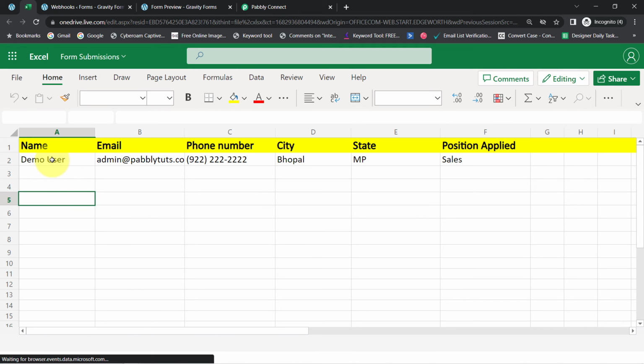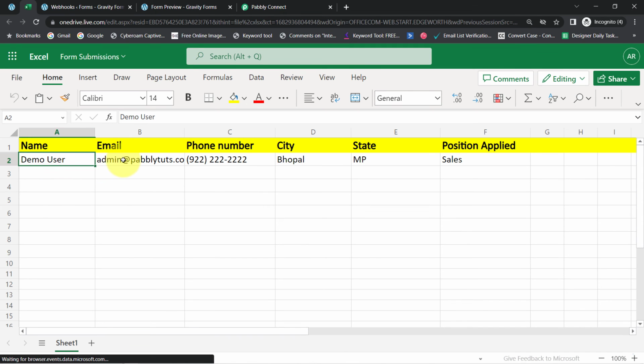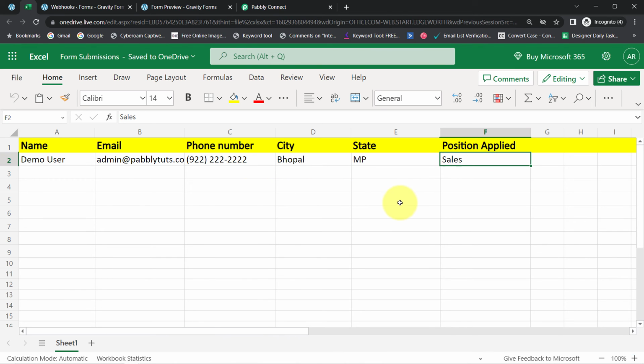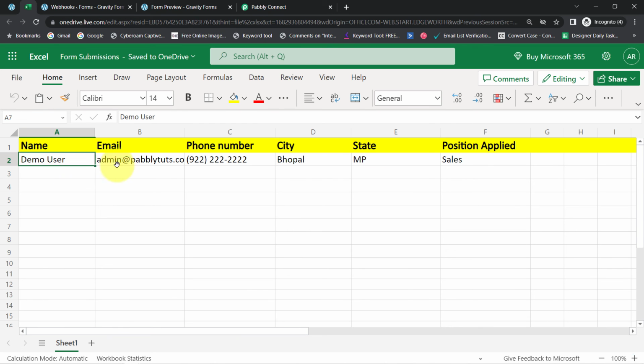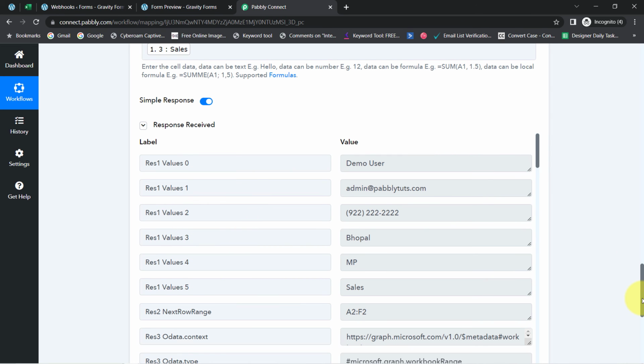And here you can see the name of the person is the same. Here we have the email address, the phone number, the city, state and position applied. I have collected only 6 details. It is completely up to you how much information you would like to collect via your form submission and what details you would like to add here. You can create as many columns as you want, and this is how you map the details via